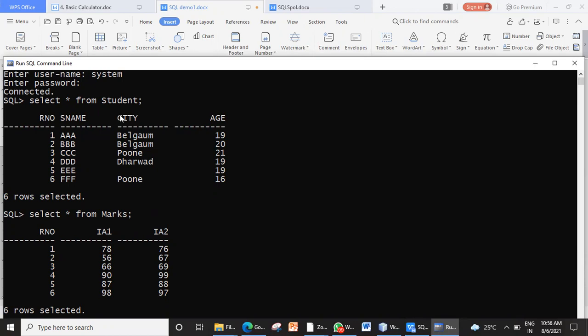So those tables should be related with each other through some common field, that is primary key and foreign key relationship. Now, how are the student table and marks table related? They are related through roll number. So suppose I ask you a question, what is the score of DDD in internal exam 2?